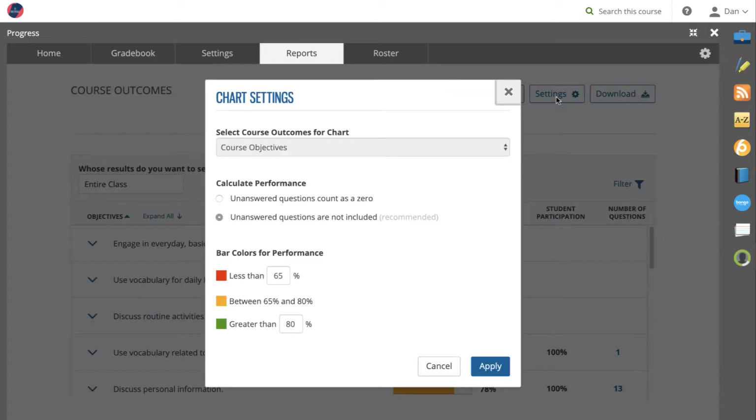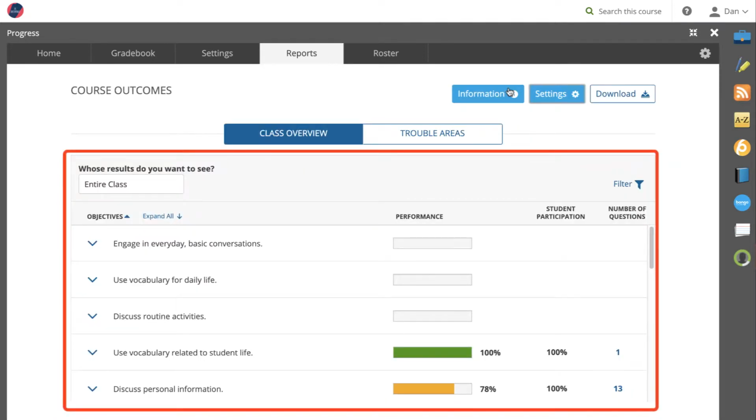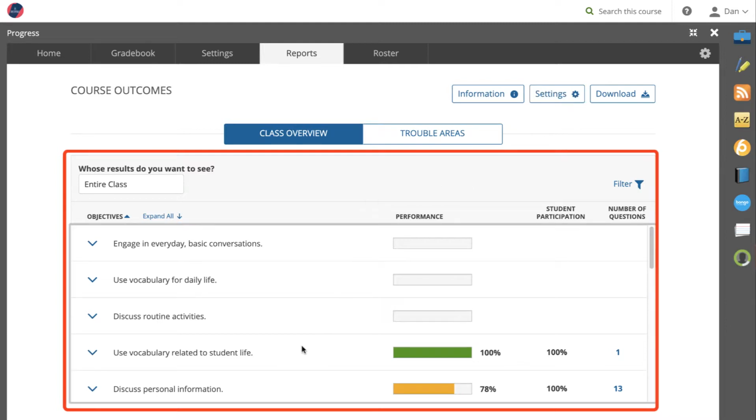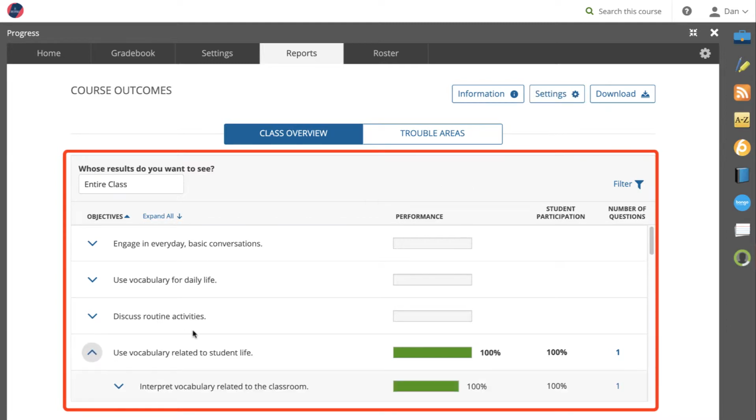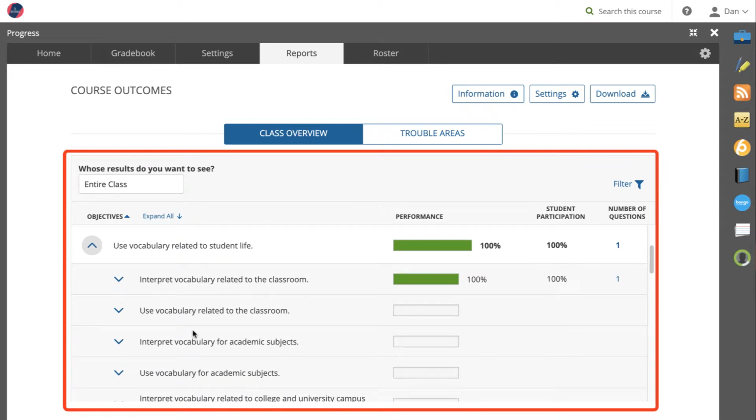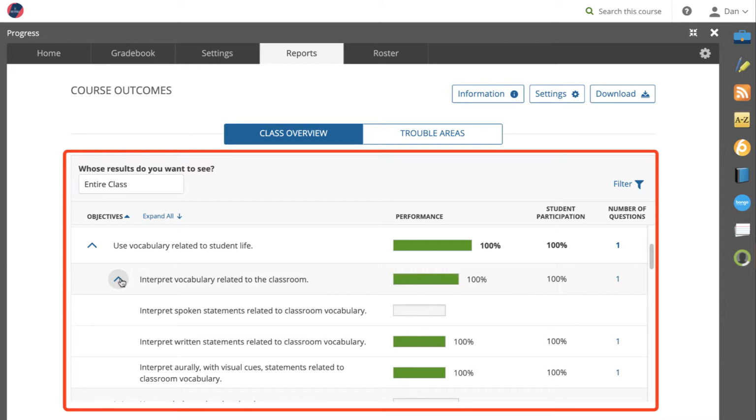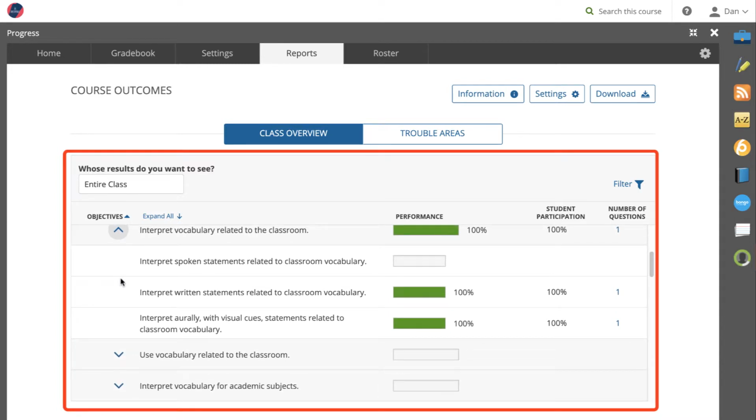From the chart settings, you can select how the system treats unanswered questions and the grade thresholds for gauging student performance. Each objective is broken down into a hierarchical structure of increasing specificity. The highest level lists the overall course objectives. Clicking on a course objective will expand that objective to show you a set of more specific unit objectives that comprise the course objective. Finally, clicking on the unit objective will show the specific learning objectives that comprise the unit